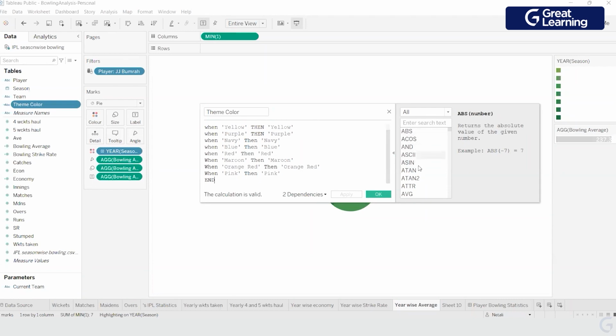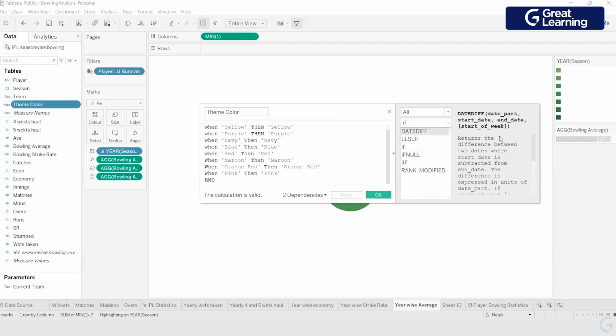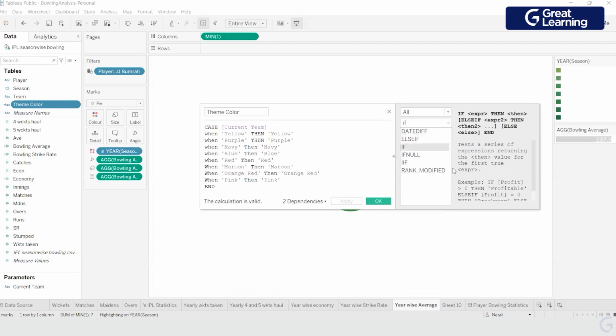You have different functions, whatever you want to use. If you want to use if, it is there. You have the sample also. This is date, if is also there. You have a sample written over here. You have if else, if null also, else if also. All these are there. If null, many of you were asking how to handle the null values. I was telling you, you have to create a calculated field. This is how you can handle it. Okay, but still, I won't prefer you to do this over here. So once done,